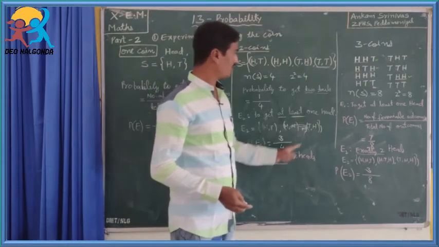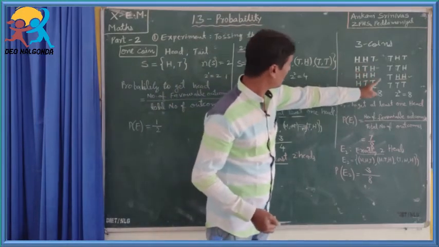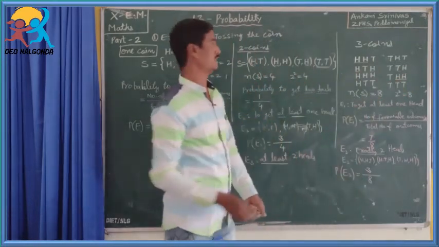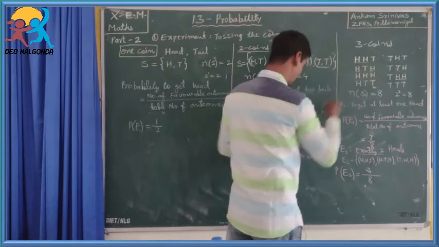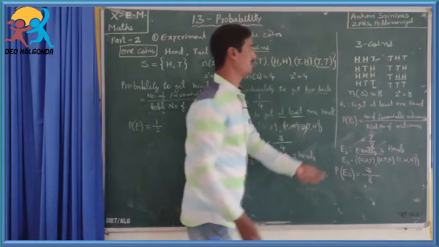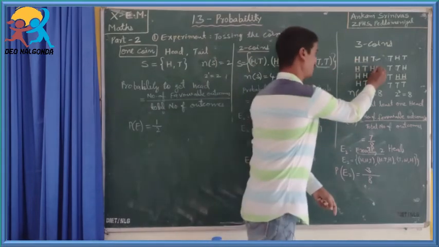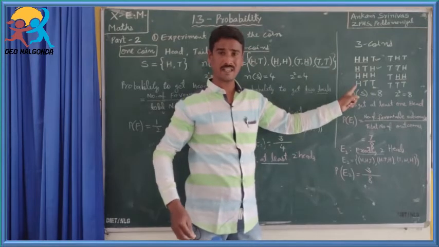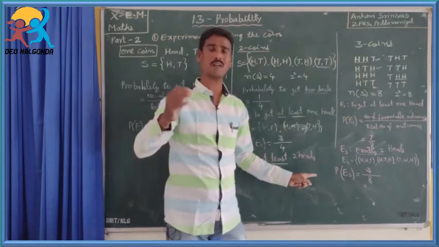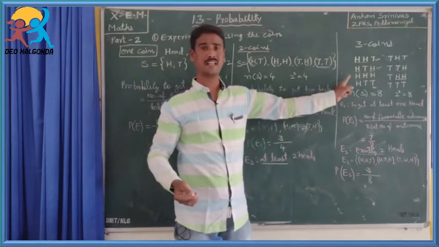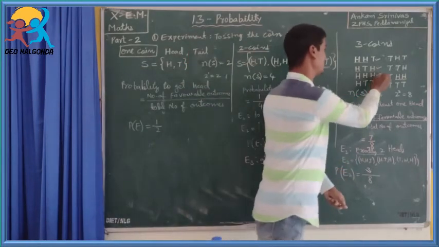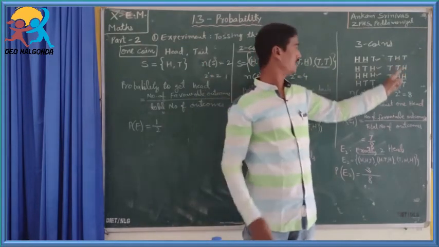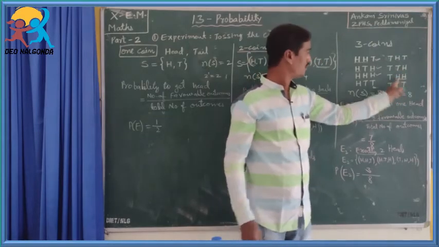So now if you observe the total outcomes here, at least two heads, there exist two heads. So this is our favorable outcome. And here also two heads exist, this is also a favorable outcome. Here three heads exist, this is also a favorable outcome. Why? At least two heads means two or more than two. So there exist three heads, so this is also a favorable outcome. And only one head is not favorable, one head not favorable, one head not favorable, here two heads favorable.